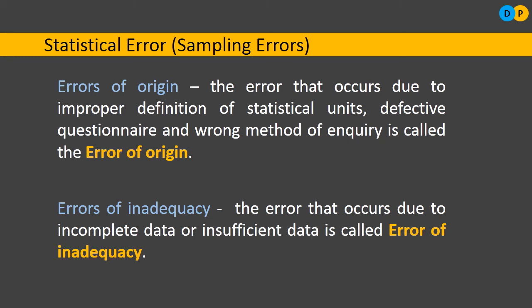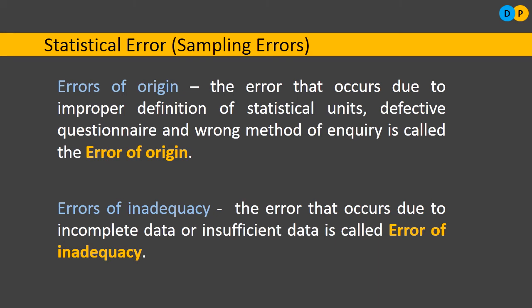Either we can mail the questionnaire, or else we can ask a third party. A lot of other things are there, isn't it? Let us say the respondent is too far, we cannot reach him personally. So we are sending a questionnaire via mail. The respondent may answer, but for some questions he might leave it incomplete because he may not have understood the question, or the data provided is insufficient. So this will again lead to an error in the final result of our analysis.